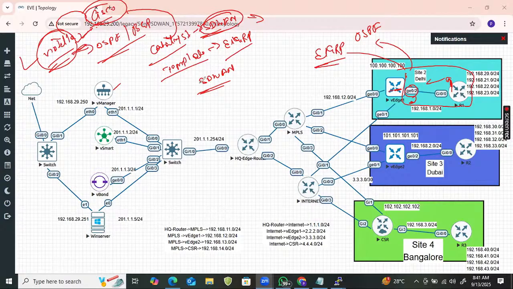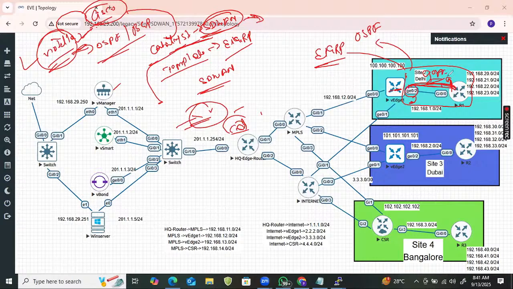So in Catalyst SD-WAN, there we can use the EIGRP. Right now, we don't have the option to use the EIGRP. Got it? So as I told you, the first topology I am going to cover on Viptela. The second topology I will cover in the Catalyst SD-WAN. There I will show you the EIGRP can also be configured. Got it? Right now in between we have an option, we can use